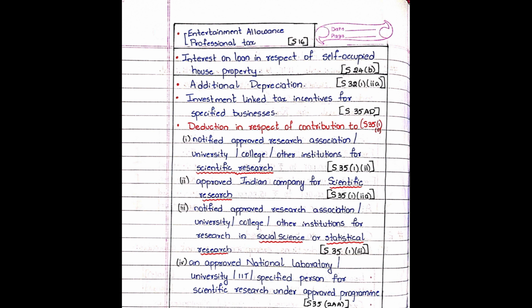deduction. Coming to the next point, deduction in respect of contribution to a notified approved research association or university or college or other institutions for scientific research. An approved Indian company for scientific research, a notified approved research association or university or college or other institutions for research in social science or statistical research, an approved national laboratory or university or IIT or specified person for scientific research under an approved program. If we make any contribution to these research associations or company for university or college, the 4 points